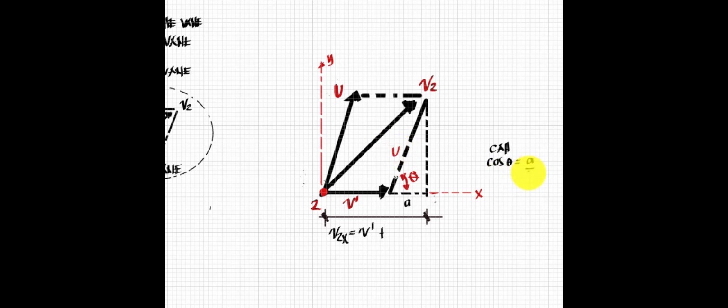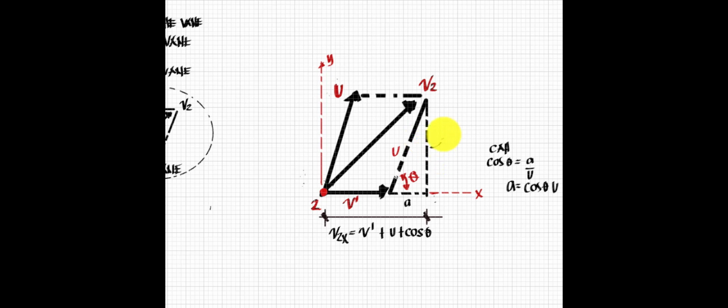So we have U, now the value of your A is equal to the cosine of theta times U. Okay, so we can add that here. So we have your U plus your cosine of theta. So that is the value of V2 here for your x component. Then for our y component,